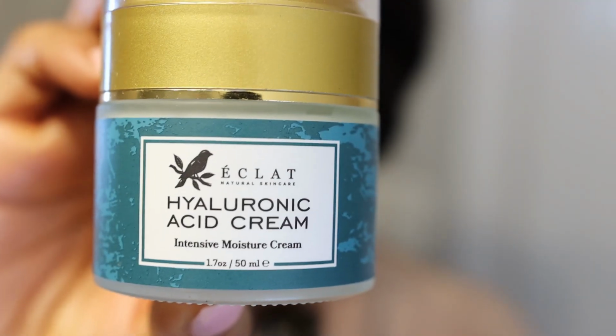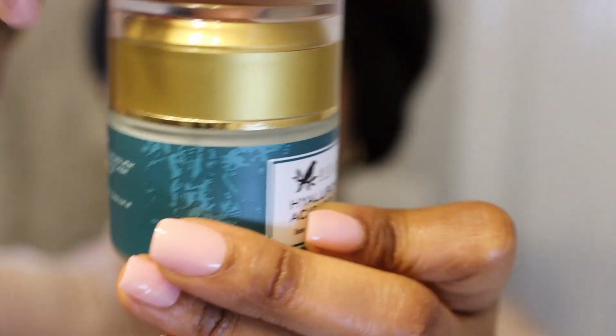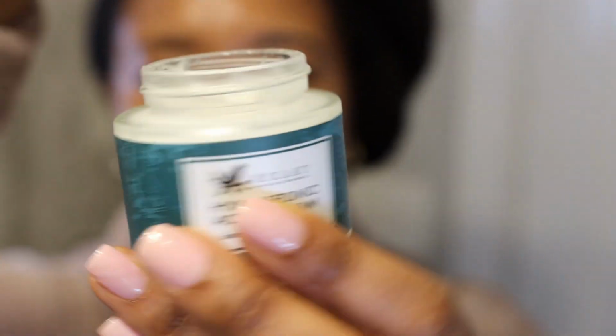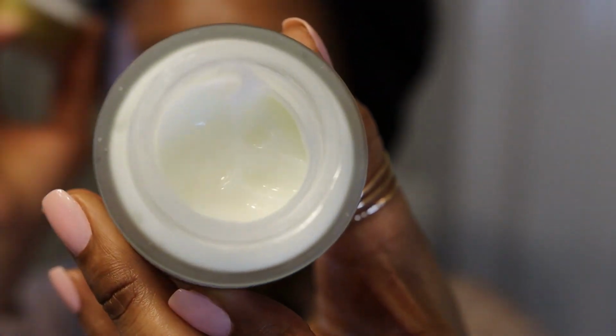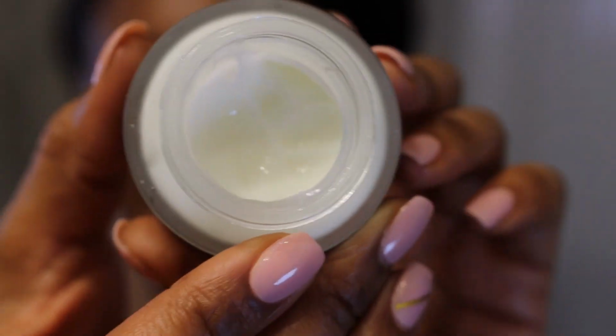Now, I've already shared this with you before on a previous video, but I've done something since that video. I've actually switched the AM cream, I use it at night, and the nighttime cream, I use during the day. So the hyaluronic acid cream is intensive moisture, and it really is. It's so thick, it's so creamy, and it definitely plumps my skin lovely. However, because I have oily skin, it was a bit much for me during the day. I felt as though my skin was just looking too oily, too greasy,